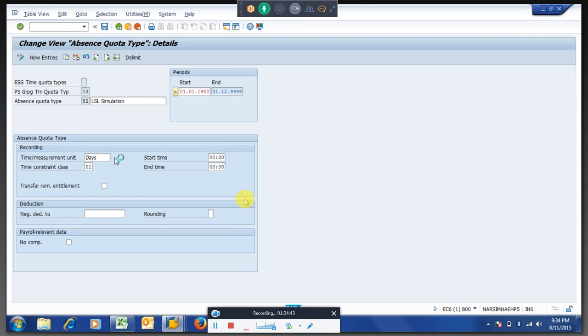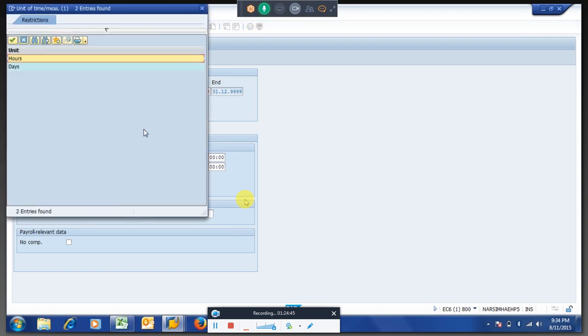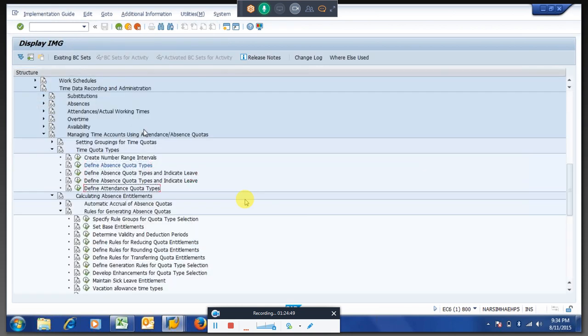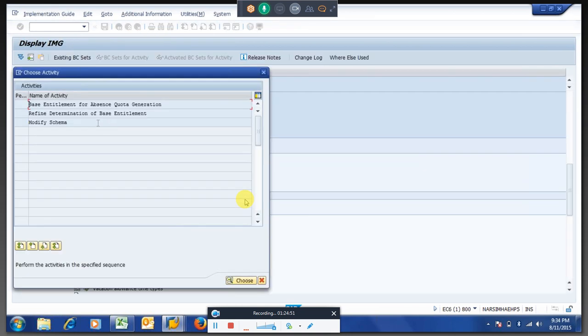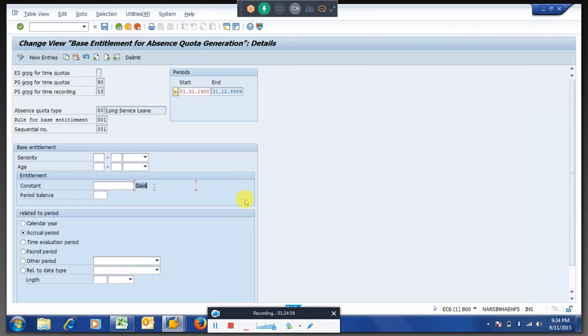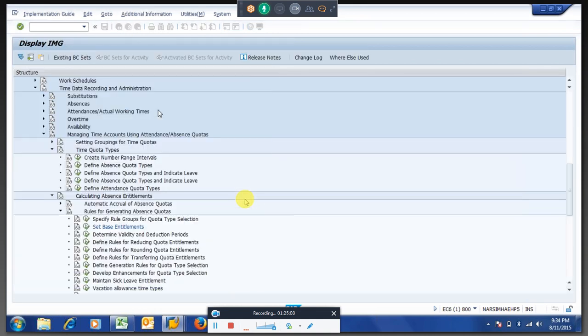You have the option of days and hours. The first thing is it will come to your state-based entitlement table, whatever we are creating. So here it is not modifiable. The days already come.